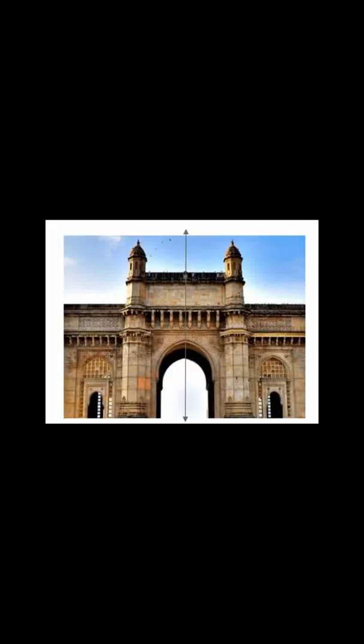This is a tree leaf on which I drew a middle line, and I am getting two equal parts. This tree leaf has one axis of symmetry. This is a bird in flight on which I drew a middle line and got two equal parts. The bird in flight also has one axis of symmetry. This is a historical building on which I drew a middle line, getting two equal parts. This historical building also has one axis of symmetry.